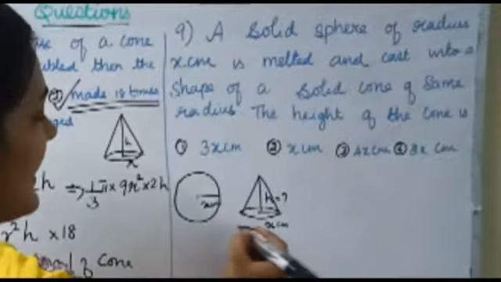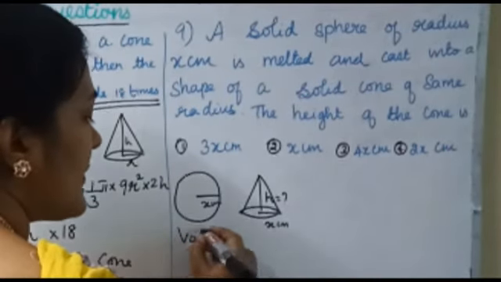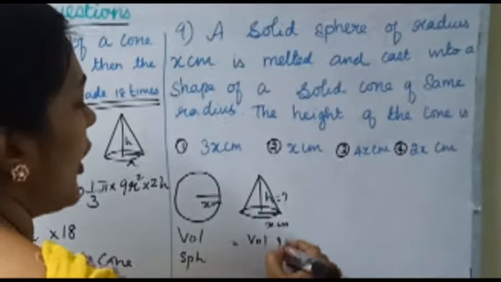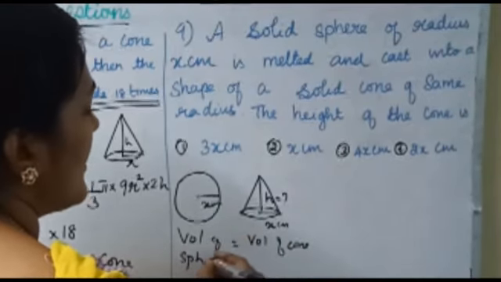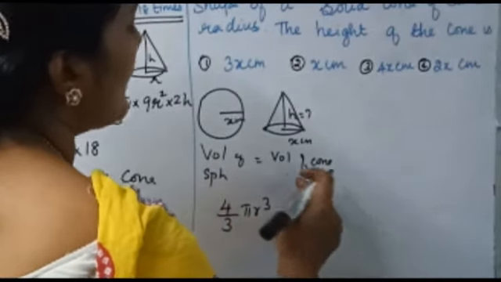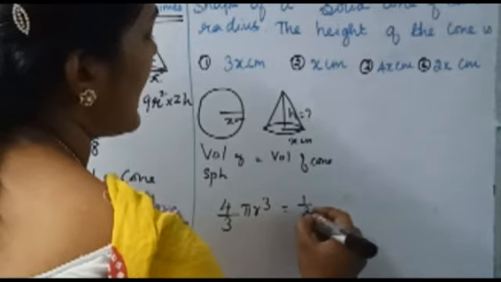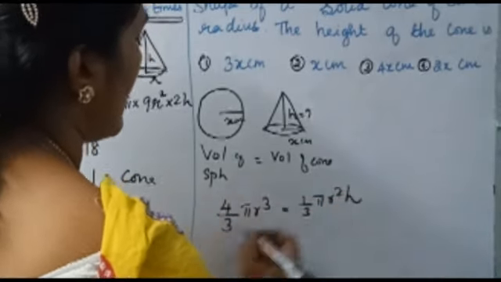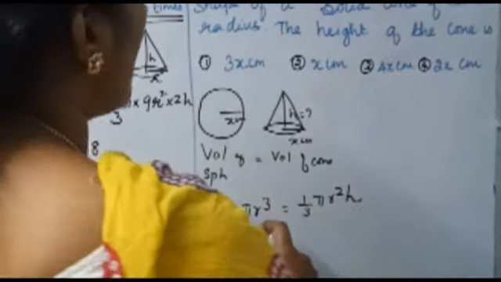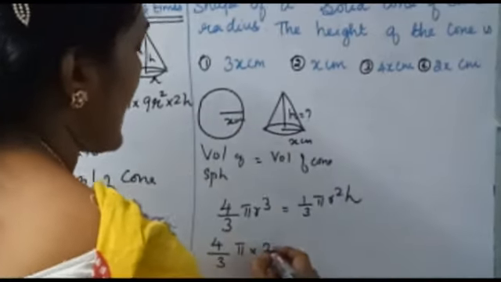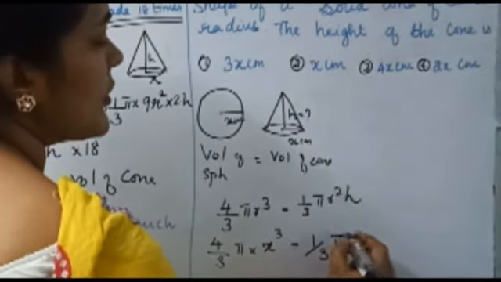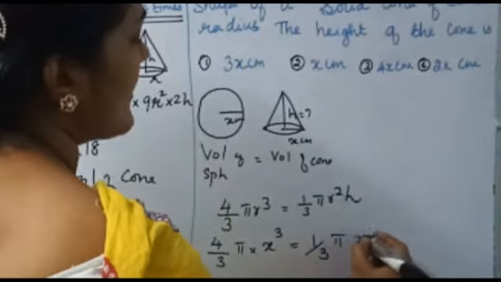If it is melted and recast, the volume won't change. So volume of sphere is equal to volume of cone. Volume of sphere is 4 by 3 pi r cube, which is equal to volume of cone, 1 by 3 pi r square h. Now 4 by 3 pi into, what is the r value? Radius is 8 centimeter. So r cube is equal to 1 by 3 pi into r square